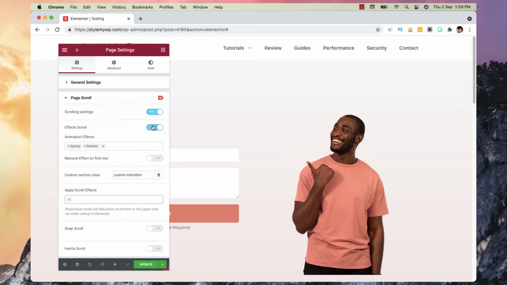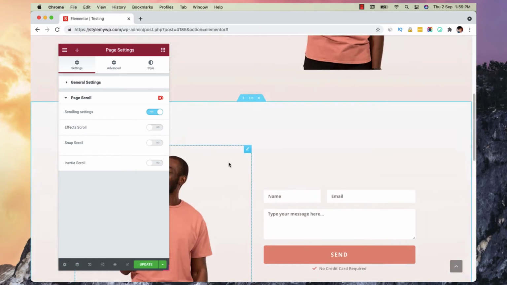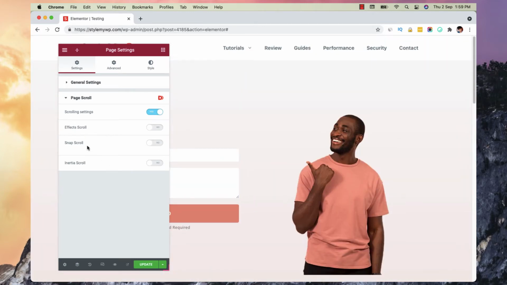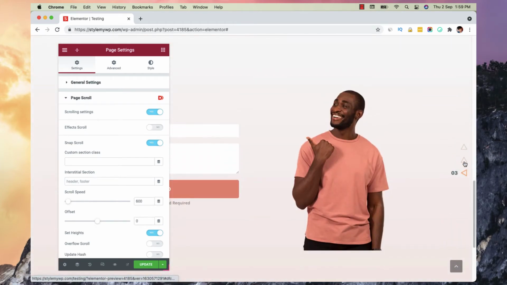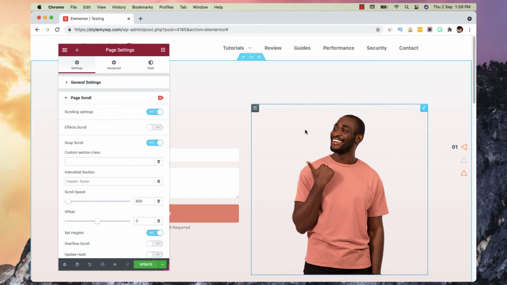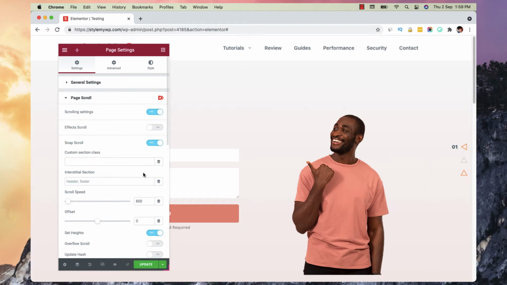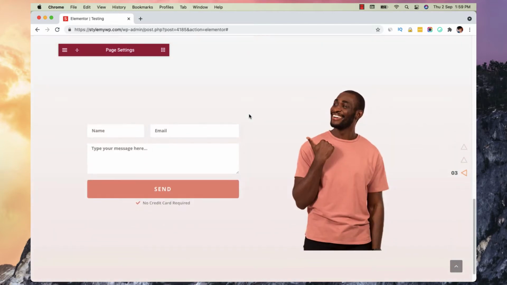Okay, now let's remove this effect scrolling and move forward to snap scroll. And when we enable this option, it will give you this kind of effect, right? Like when you scroll, your complete section will come out, like this, with a speed.